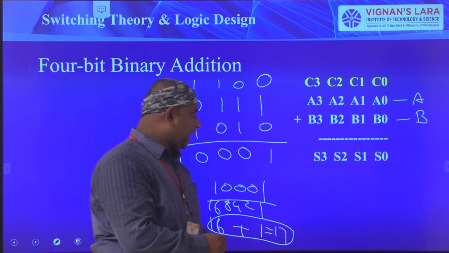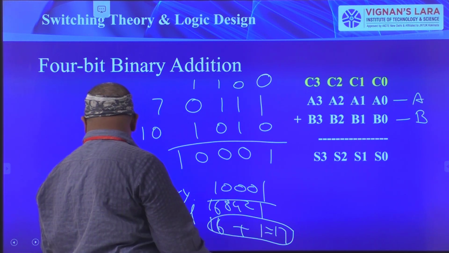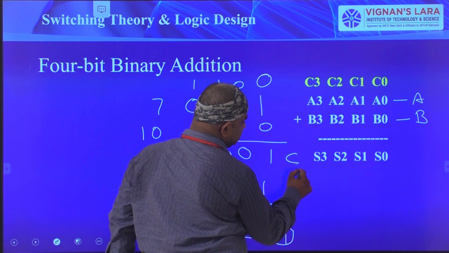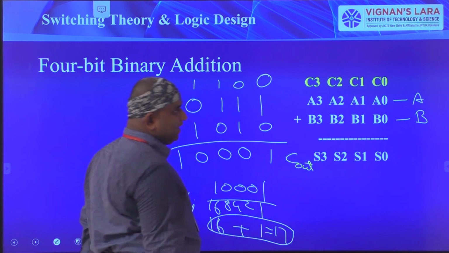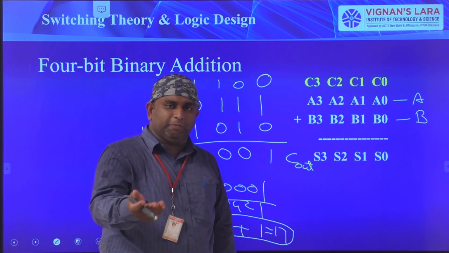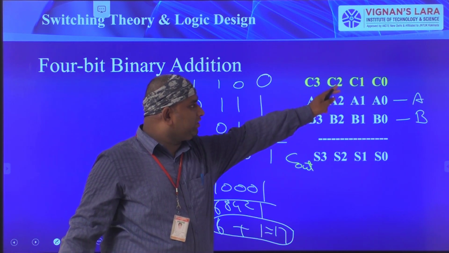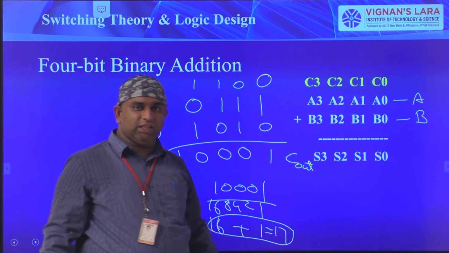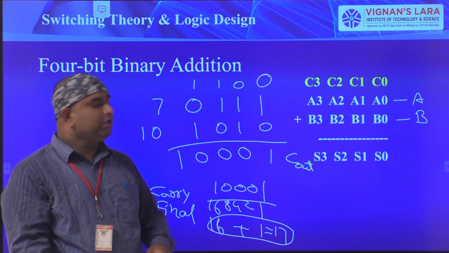And here we have the finalized carry, that is the final carry. Here we have C out. This is the final carry. I am representing C out. Otherwise, you can represent it with C4 also. Why? Because C0, C1, C2, C3 is there, so C4 you can represent here. Otherwise, you can represent C out. Okay.